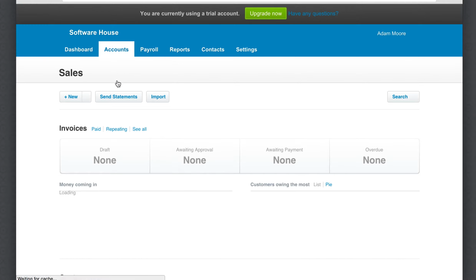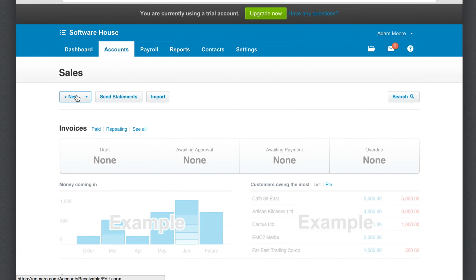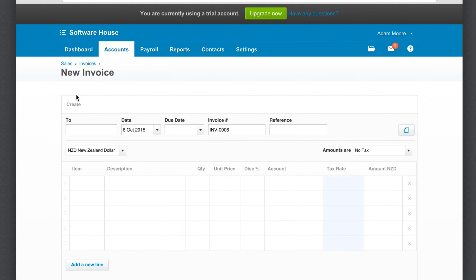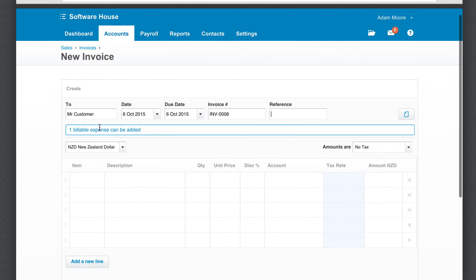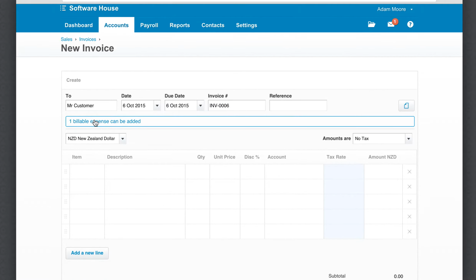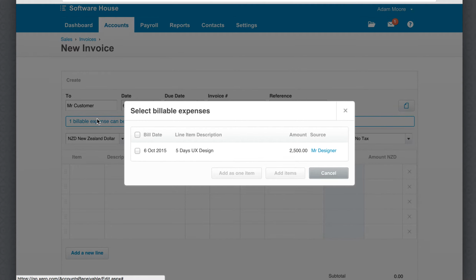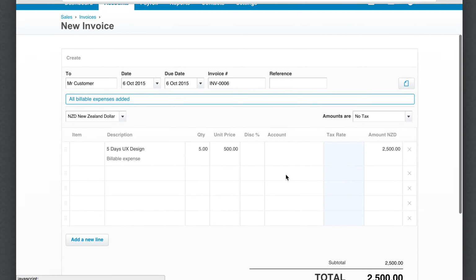So I'm going to go into the sales section of Xero, create a new sales invoice, and I'm charging my customer, Mr. Customer. Just pop in the invoice details, and Xero is now going to prompt me that Mr. Customer has this outstanding billable expense. Click on that, and it's the 5 days of UX design that we just put in the bill for from Mr. Designer. So I'm going to say yes please, pop that onto my sales invoice,